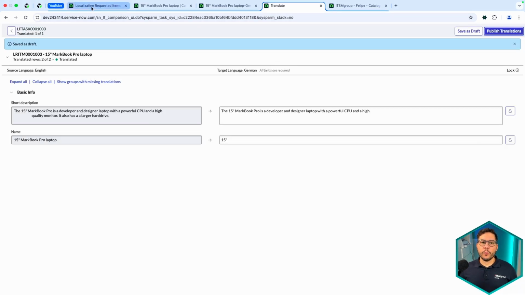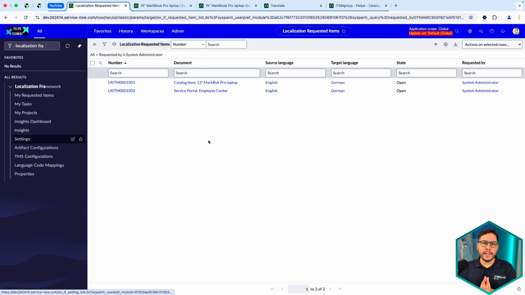With that, we have just created a workflow for translations in ServiceNow. Easy, right? We are not going to focus on those very small details, because here I'm showing you the basics so that you are able to deep dive a little bit more if you want to create an API to create automated translations and stuff like this. But with that, you are able to create, for example, translations for catalog items already, and a specific group is going to be able to review those translations.